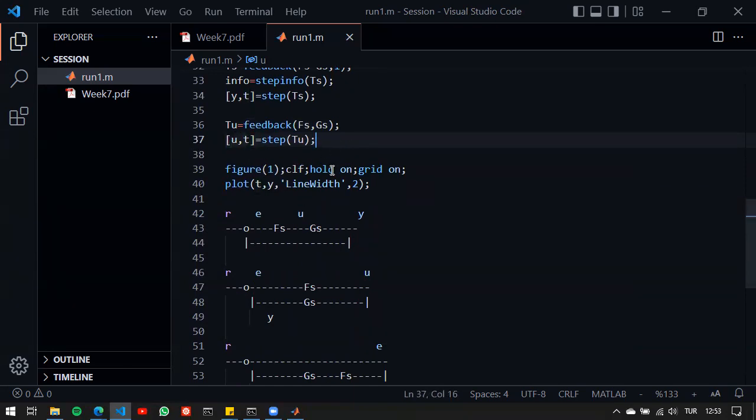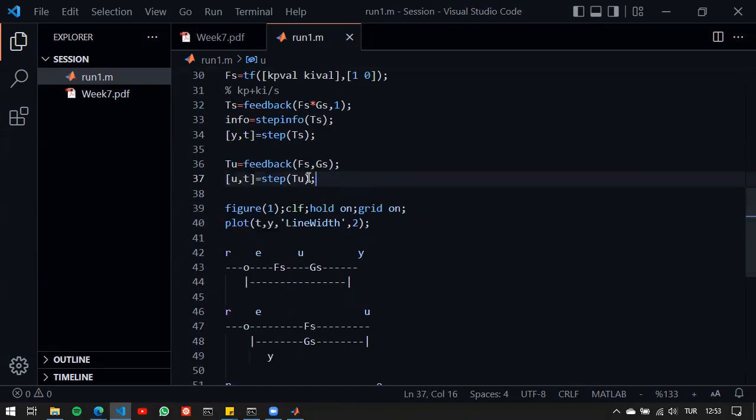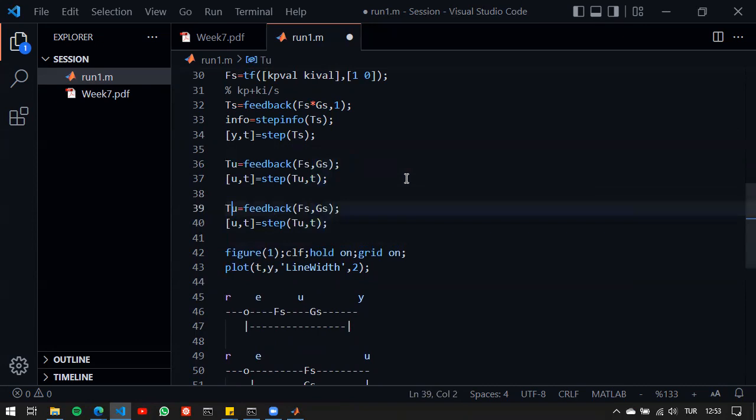Therefore, I'll get Tu here. Let me also, by the way, pass in T here to have the same time vectors. And then let's look for Te, which has gain 1, and then Fs times